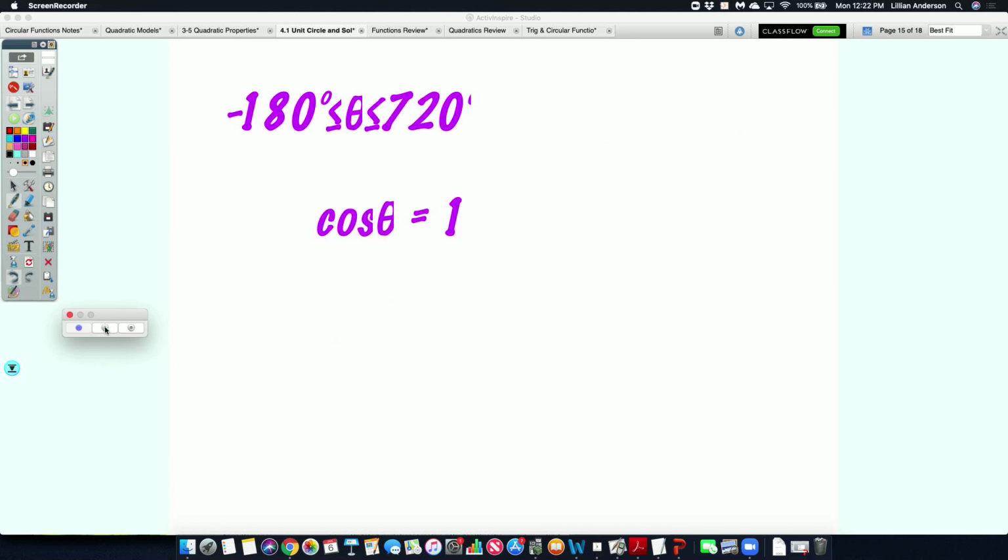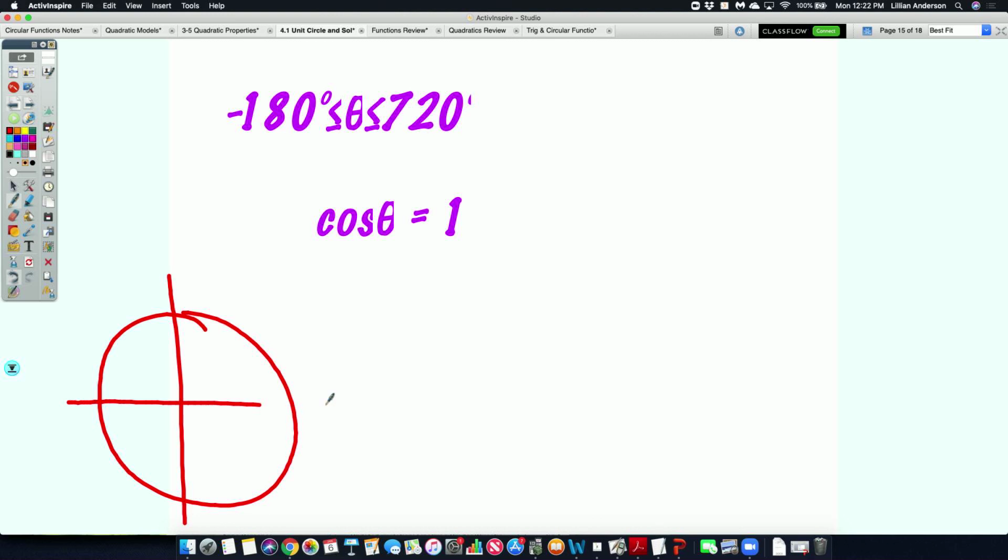All right, so let's take a look at this one because this one's a little bit different. And mostly it's different because of the domain. Okay? You're going from negative 180 to 270 degrees. So your answers need to be in degrees. And on top of that, you need to go beyond 360 degrees. How far beyond 360 degrees do you need to go? And so that'll be another 360, okay? So I'm going from technically negative 180, which is here, to 0, then a positive 180, to 360,